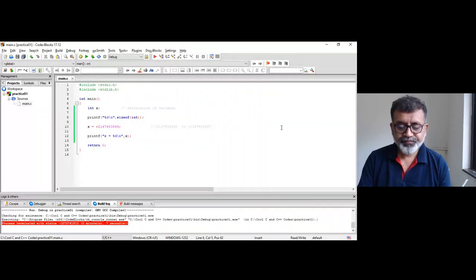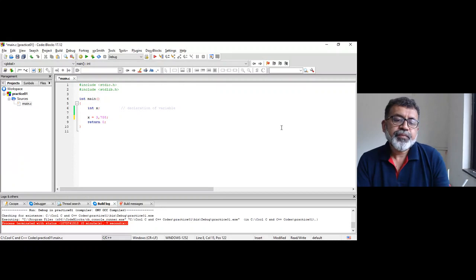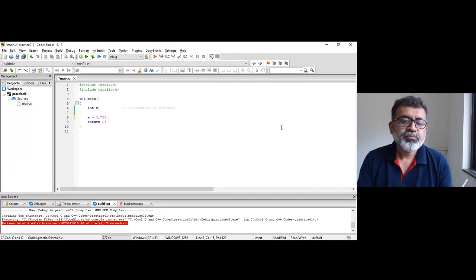If I write, suppose, x is equal to 3788, since this is a compiled language, by the time you type this, it won't give you any error.